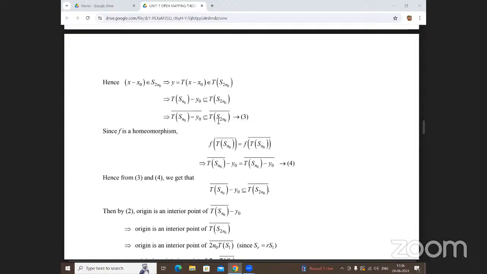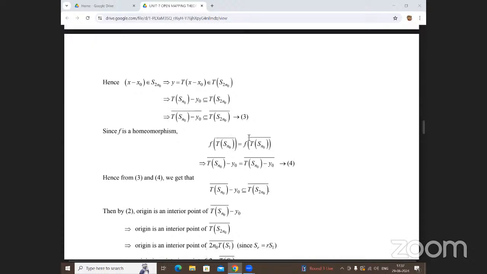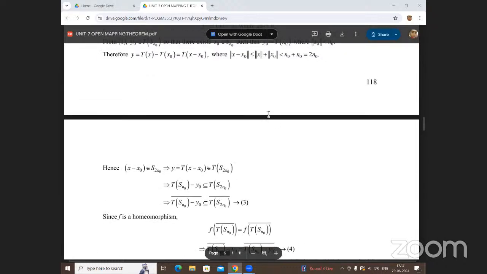In the same manner, this is also a homeomorphism, where the given function is one-one and onto. So there are a number of radii, with x belonging to n naught and x as its center. Then the closure of the interior is also represented here, since the given function is a homeomorphism. Then their function is also f of the closure of T of Sn naught. So between the third and fourth equation, we already